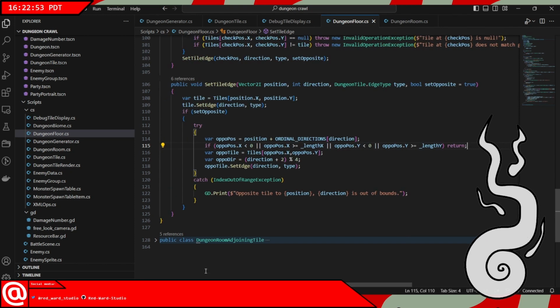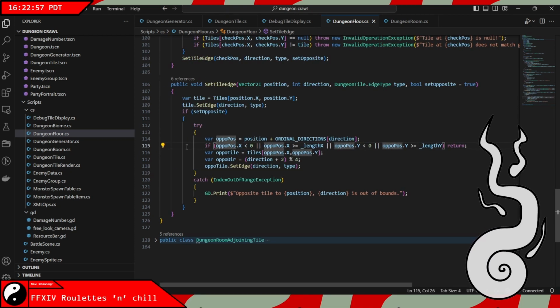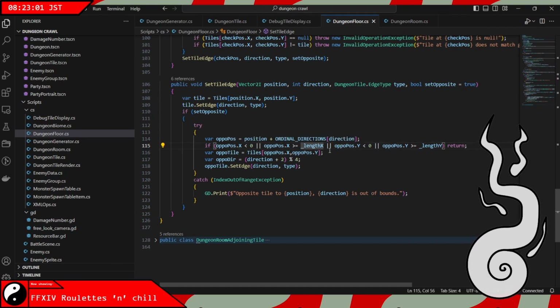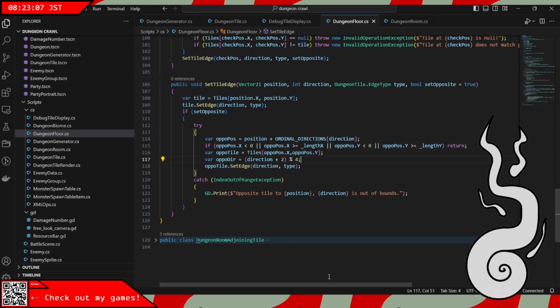I watched myself introduce a bug as well. So opposition, oppo pos.x is less than 0. Yep. If it's greater than or equal to length x, that's also correct. If it's less than 0 or anything equal to, okay. So if it is outside the bounds of the array, which are